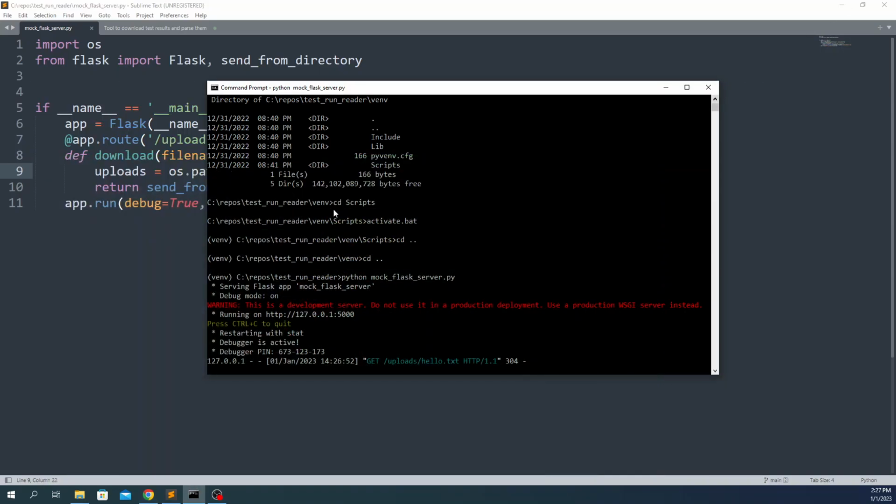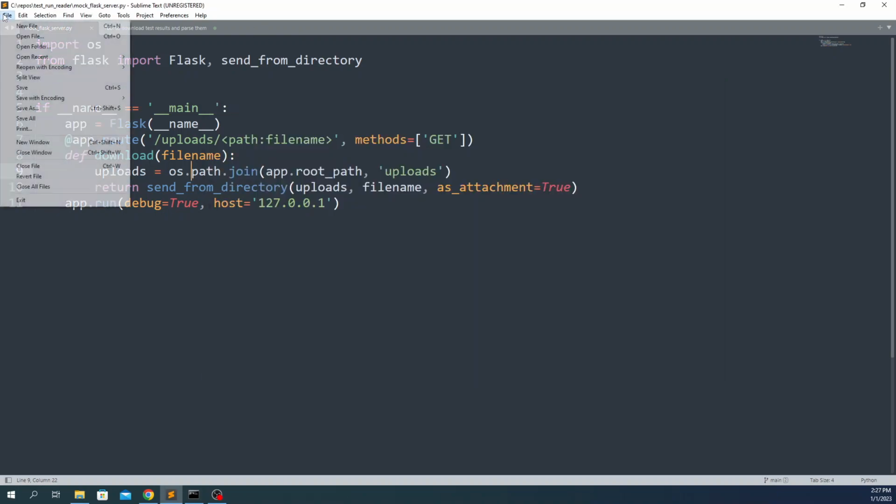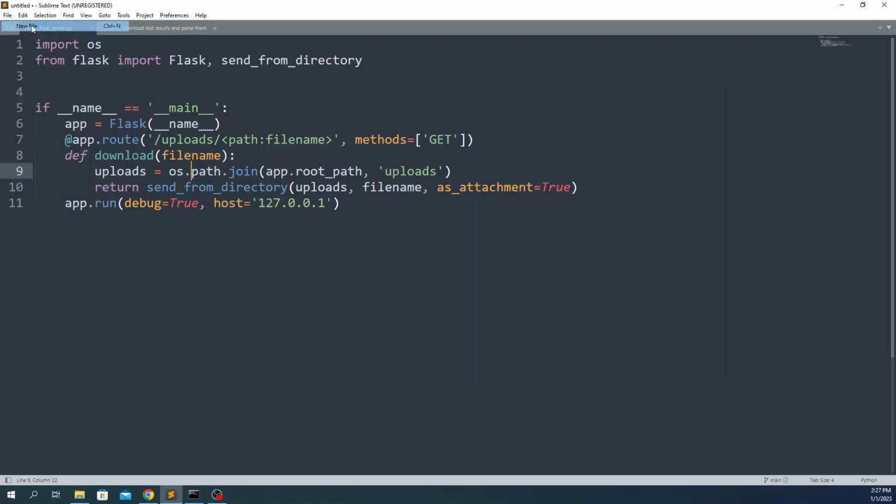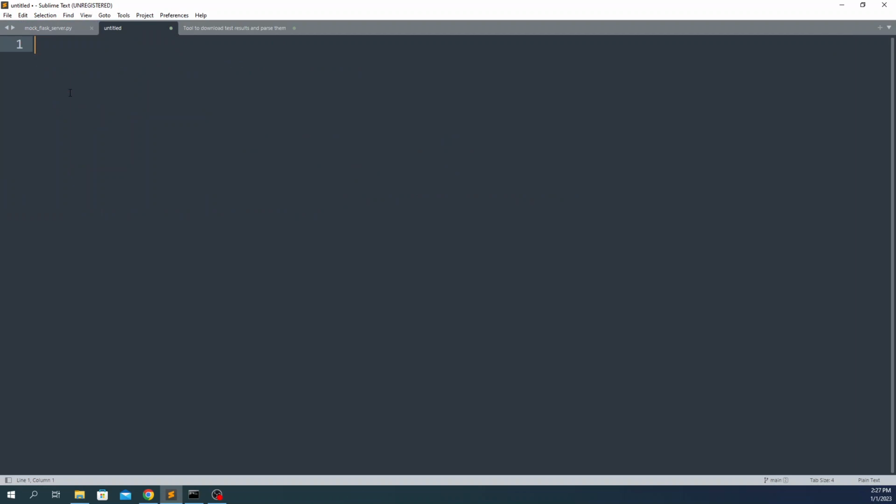So I now have a way to fake that part of the piece, so I don't have to have a Jenkins running somewhere else. I have basically a fake version of Jenkins that I'm going to be downloading stuff from, which is what this code is. So now that I have a fake thing that I'm going to be downloading from, so that I don't have to go in and download it manually every time, let's do something relatively straightforward, which is just def,